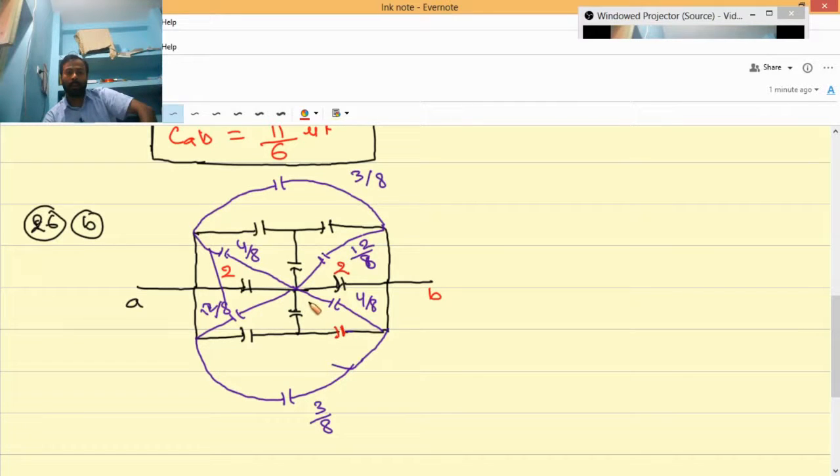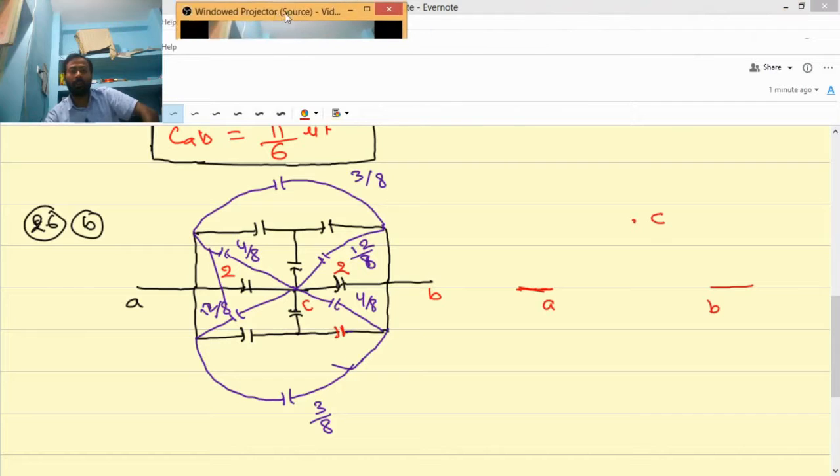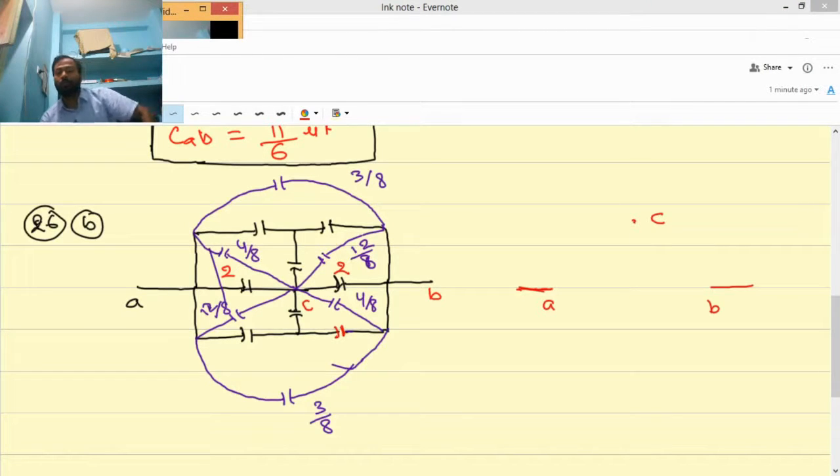So now let me write this point as a C point. Now how we will be doing our problem is, we will just draw 2 points first. Those points will be the A point and the B point, and in between A and B there is some other point, that is the C point. So we will take the C point somewhere here. Let me put my picture over here, so that we will have some space here.